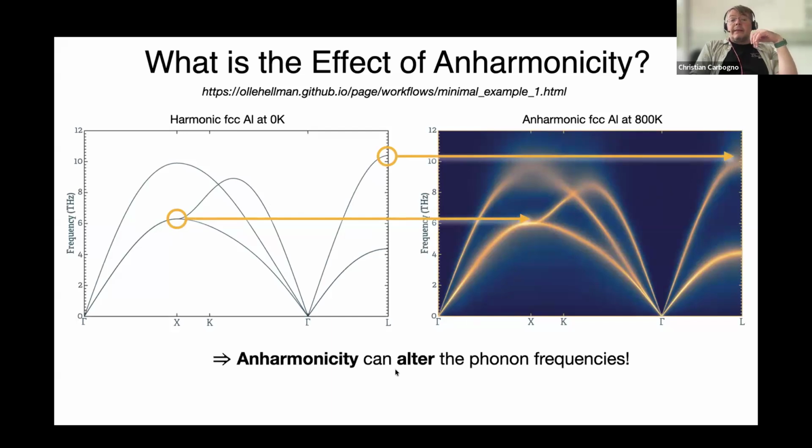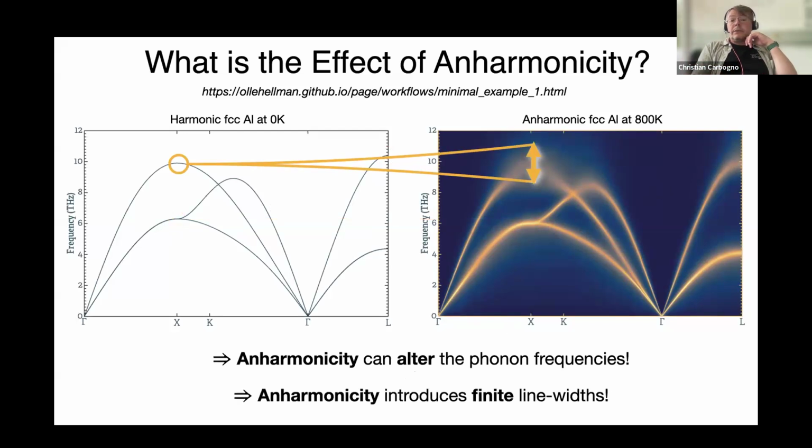So what you see is that at higher temperature, anharmonicity can reduce your phonon frequency. You see that slightly here and slightly here. On top of that, you get a finite line width. What this means is that your phonons get a finite lifetime. They only survive for a certain time, and the shorter the lifetime is, the broader this distribution becomes. This is something that you can get out of anharmonic effects with this kind of theories.